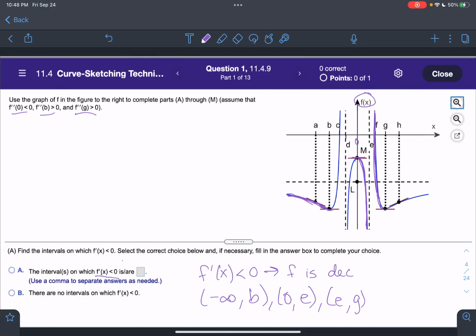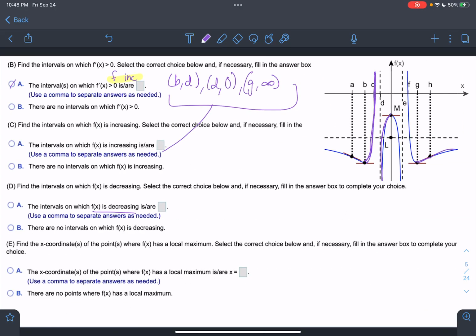F is decreasing when my f prime is negative. So it's going to be these intervals, which I'll write again for you. E to G. Okay, so maybe they just asked you that again just to draw the connection between the two, but they are the same,